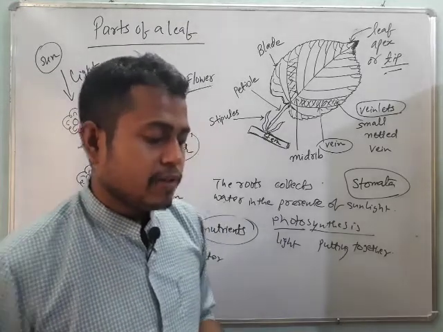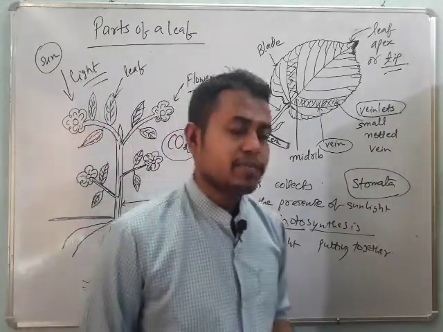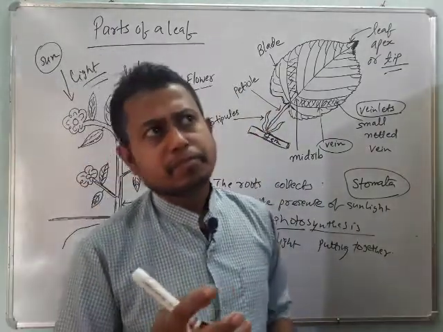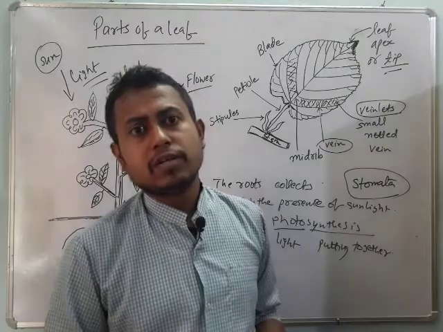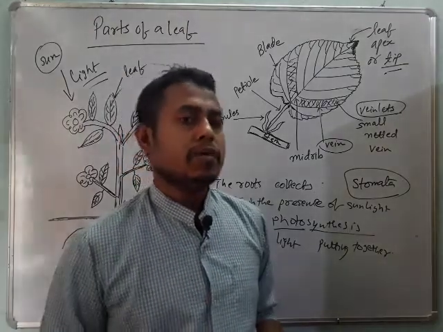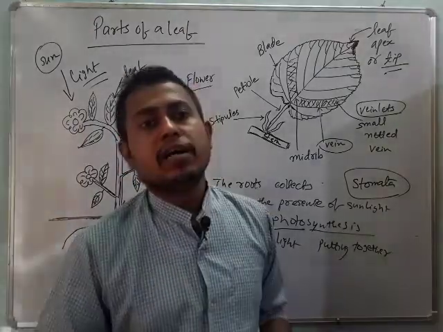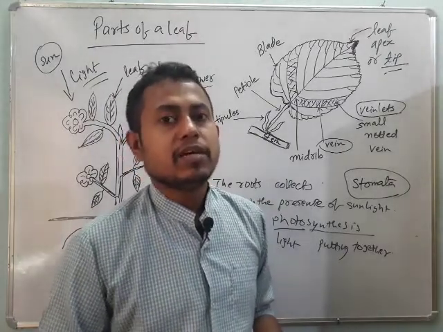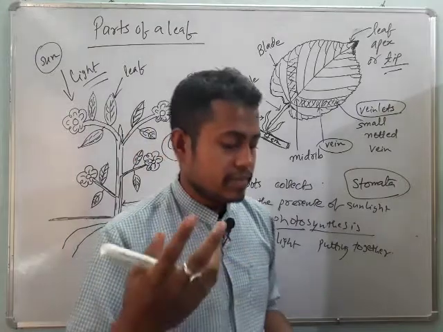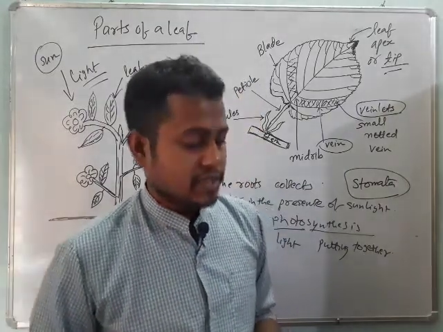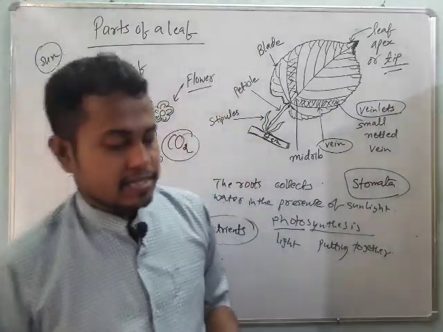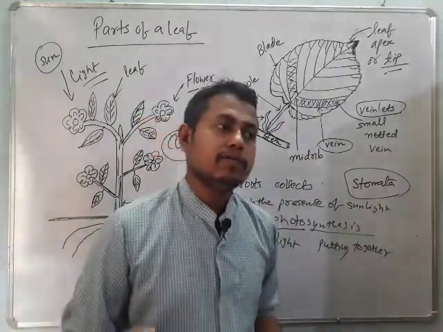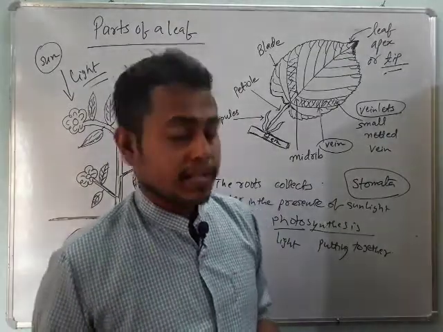Some leaves store food as they can be eaten raw, such as spinach, mint and cabbage. I said some leaves store food. Why are they storing food? Because they can be eaten by us people, we eat those things directly, this spinach, mint and cabbage. And some leaves such as tulsi and neem we also eat directly for treatment purposes, like cold and cough.